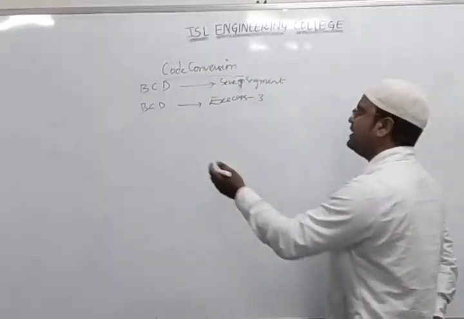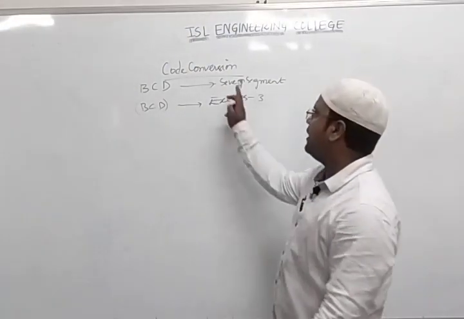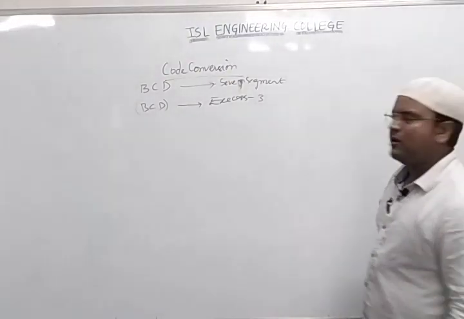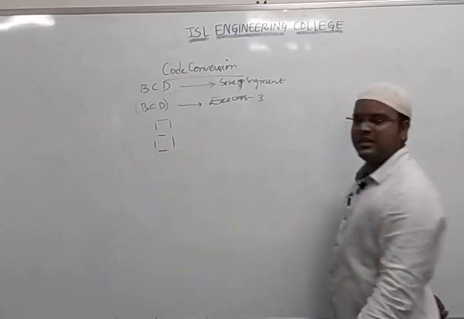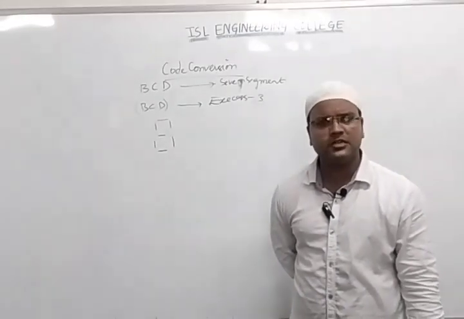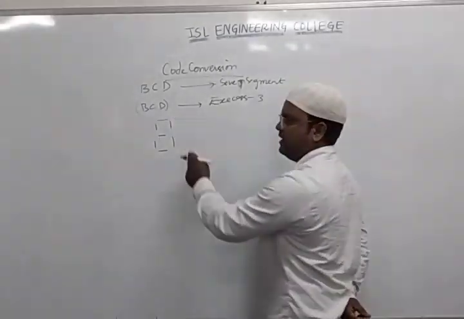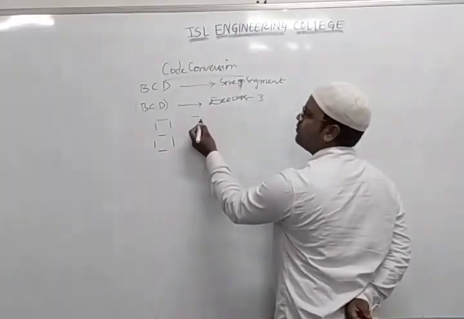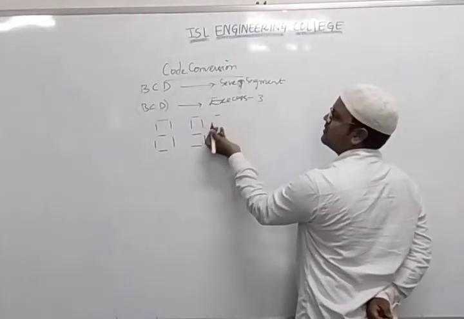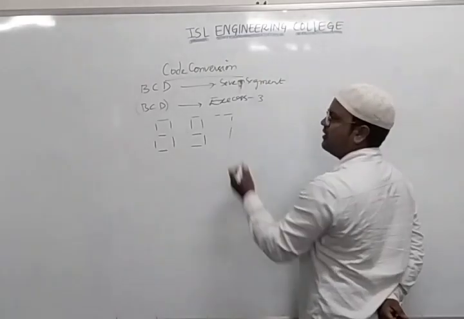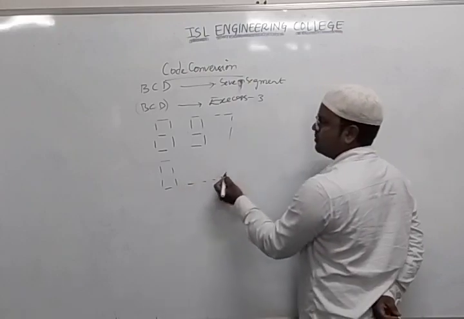First of all, what is the meaning of BCD code, and how is the BCD code going to be converted into 7 segment and Excess 3? 7 segment means that whatever digits we see in digital electronics, digital gadgets or digital appliances appear in this particular format, right? This can be an 8, like that I can go with 9, then 7 like this. Likewise, I have different numbers starting from 0 up to a maximum of 9.